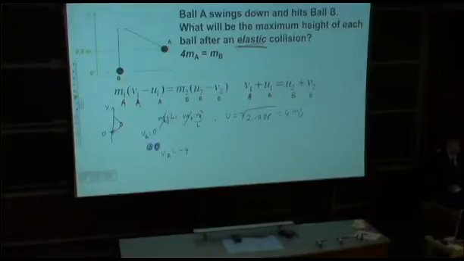VA represents the component relative to this axis. And at the bottom, it moves to the left, VA. So, and again,